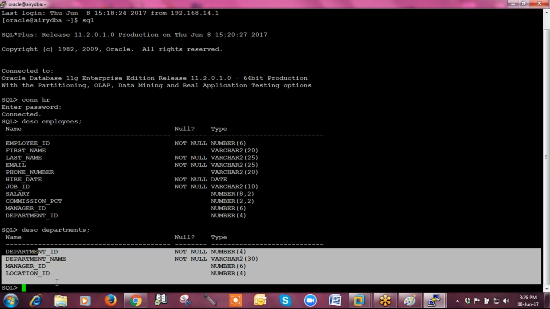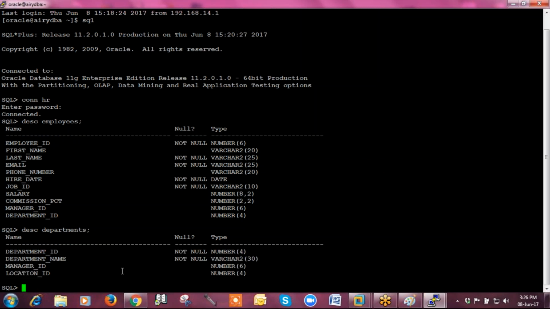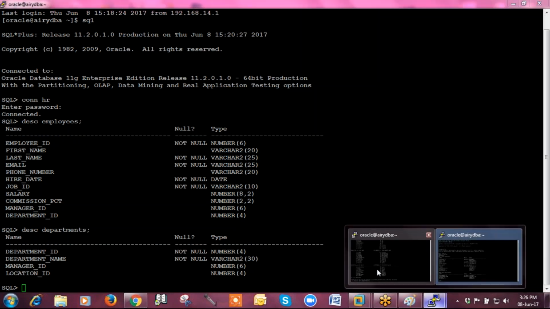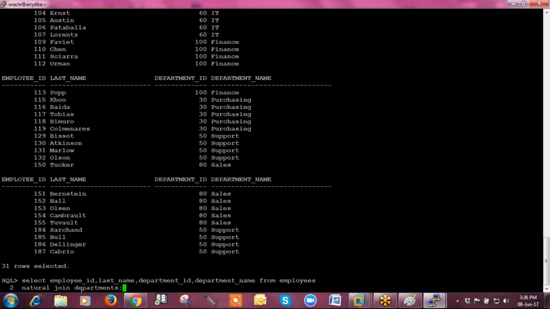So this is a drawback of natural join. Even if you want to create the join condition on the basis of one or two columns, as you use the natural join keyword, automatically the joining will be created on the basis of all 10 columns that are matching in both tables, having the same name and data type.